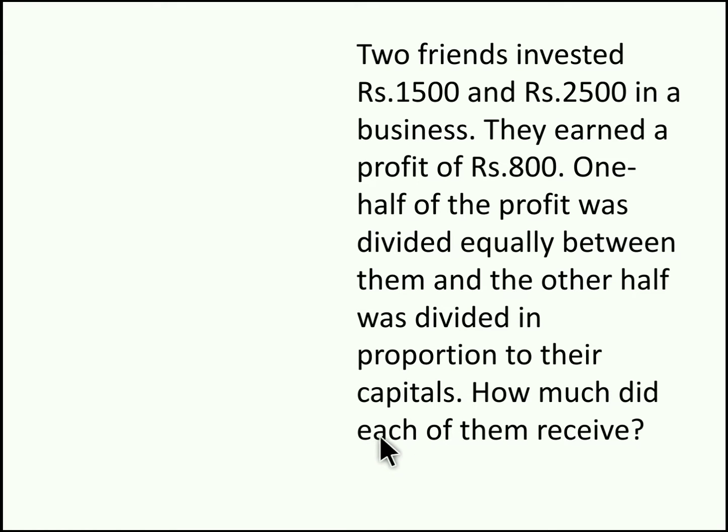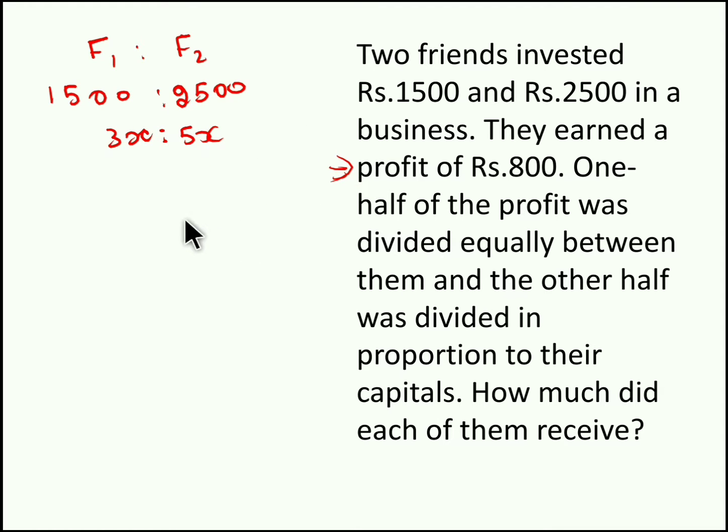The concept is very simple. We have two friends. We can name them friend 1 and friend 2. So friend 1 invested 1,500 and friend 2 invested 2,500. So their investments are in the ratio 3:5. Now irrespective of investment, they are receiving a profit of 800 rupees. Now out of this 800 rupees,